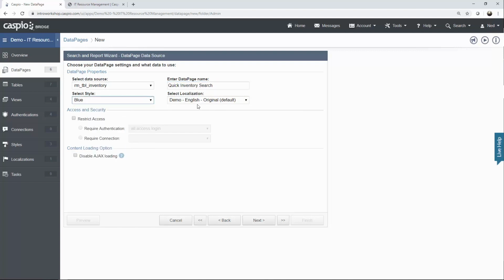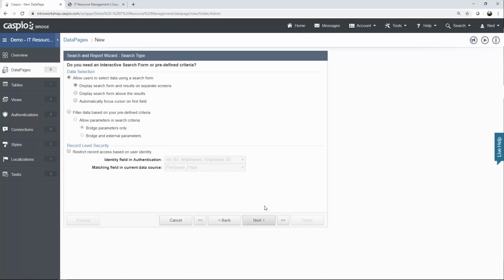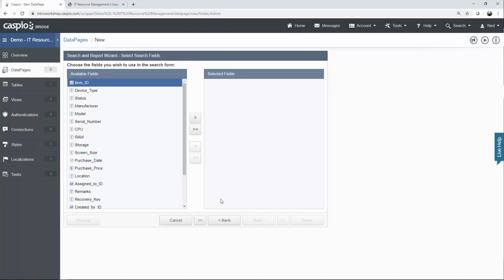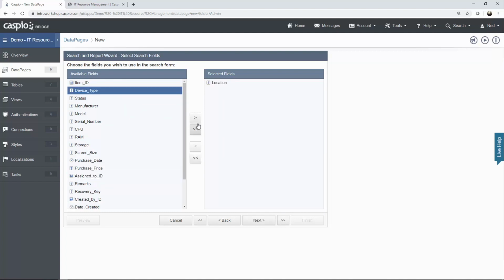Once again, I'm going to use the same style and localization. We'll need to restrict access to admin level user. Click next. Let's go ahead and display the search above the results. This way we can have a search interface and be able to quickly filter out data directly underneath that search form. So let's continue. As for my search fields, I would like to include location, perhaps device type,